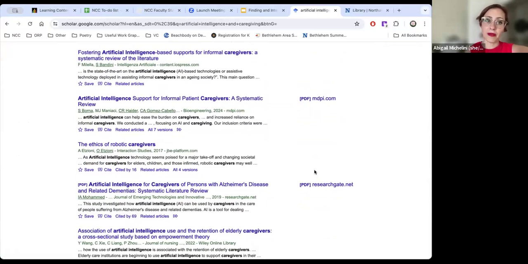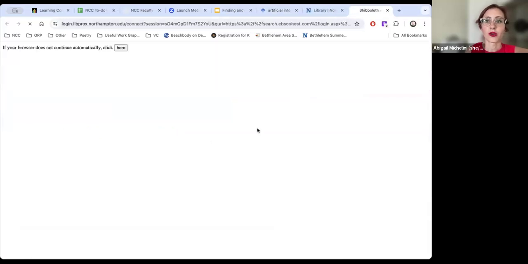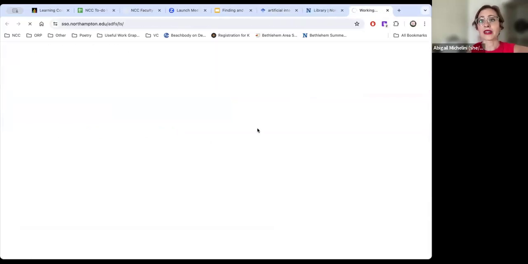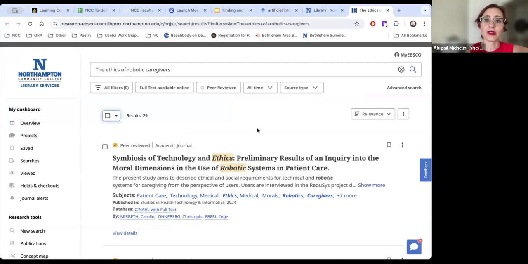Like they're going to ask you to pay to see the article. Do not pay, okay? Copy and paste the title of it into the library database box and see if the library has it. If they're asking you to pay for it, you might as well see if you're already paying for it, okay? If not, you can always ask a librarian to help you find it if that's something that you really, really want, okay?